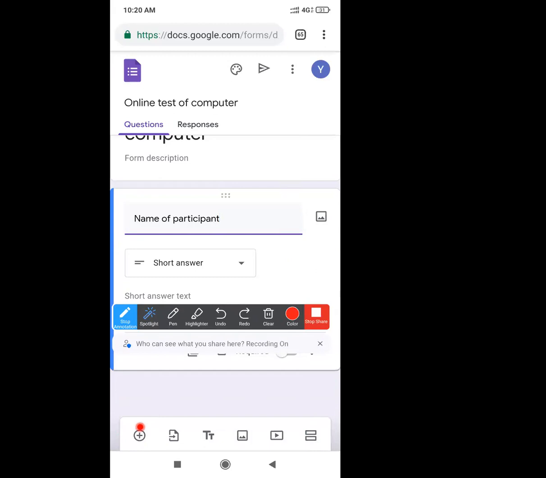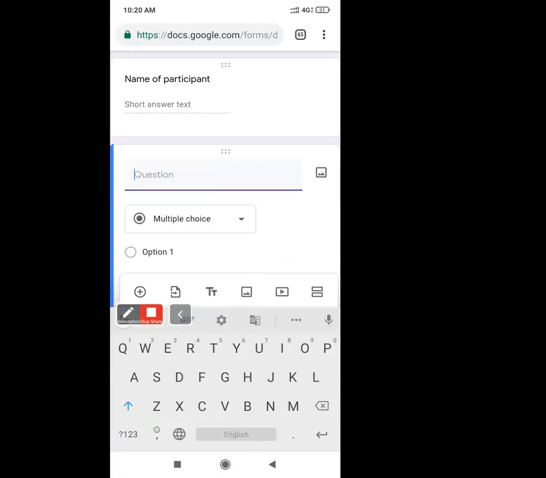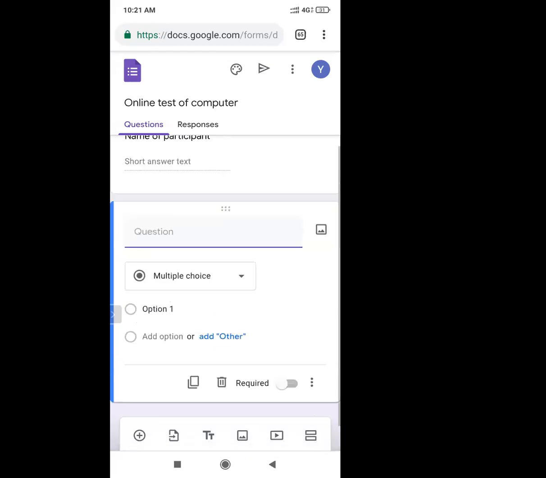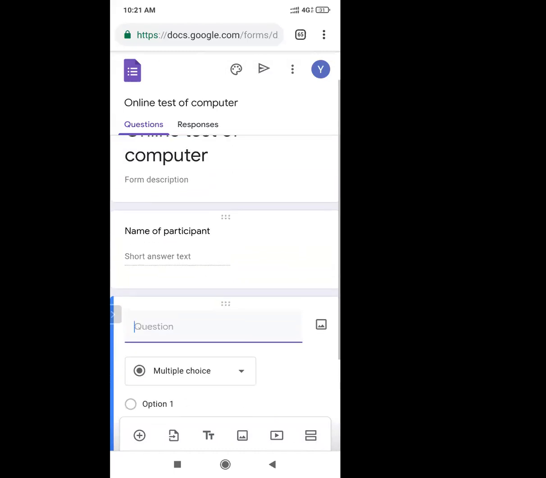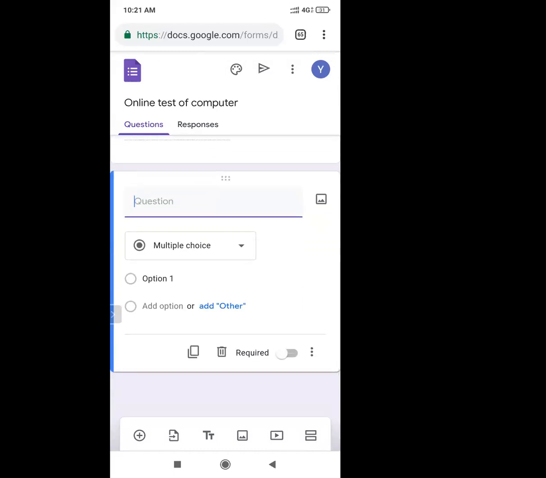From this plus sign you can add a new question, so I will just click on this. Now you can see the new question is added. This was my first question, that is name of participant, and this is the new question created.